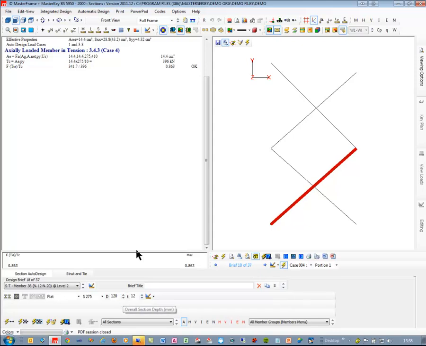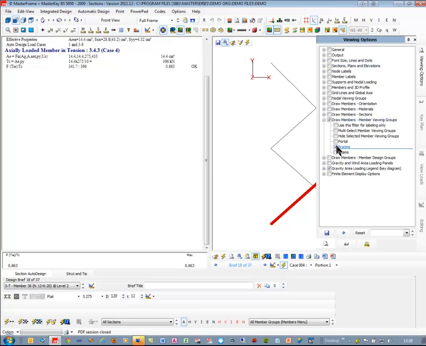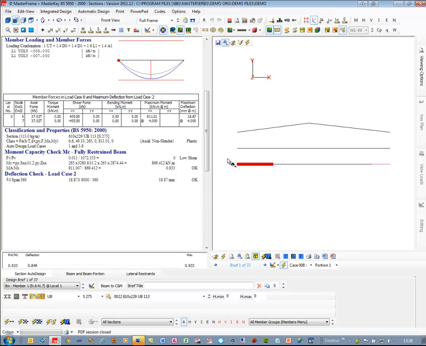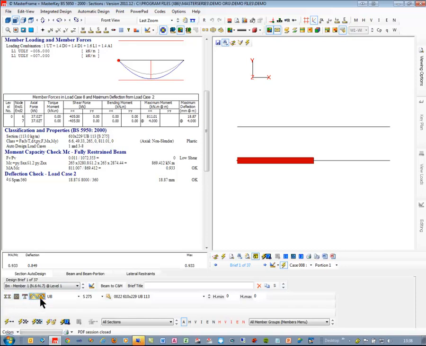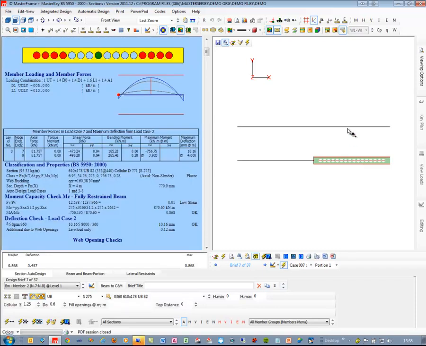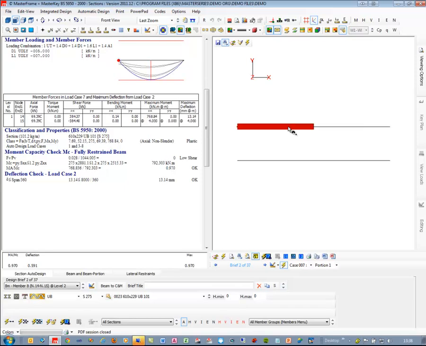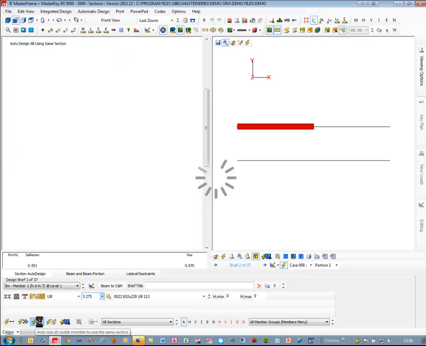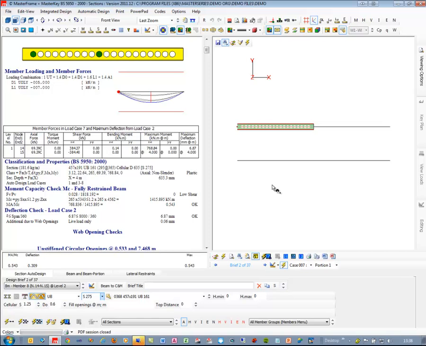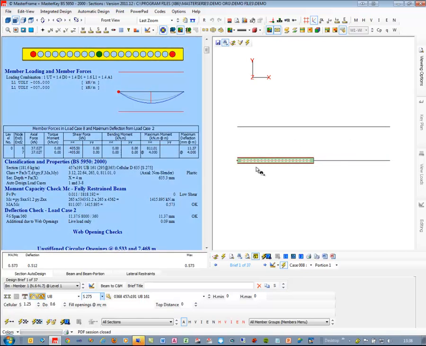120 would be satisfactory. But it does make my life a lot easier if I was to go back out and say, no, let's look at our beams. And then just look at the beams in this area. So what I would do is I would then window down just on those four. I could also say size those all to be the same. Now at the minute that's a 610, that's a cellular beam, that's a 686, and this is a 610. So by sizing them all as one size, UBs, it's actually decided to make them all the cellular beam,